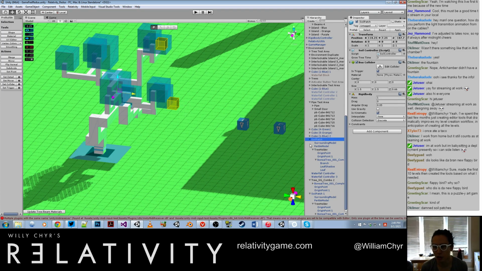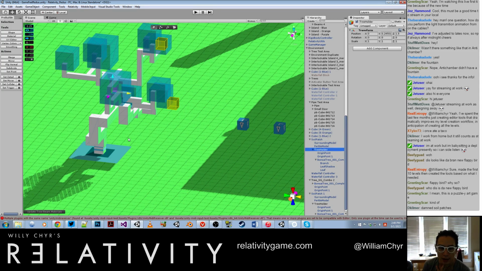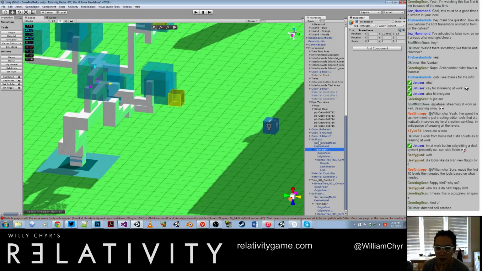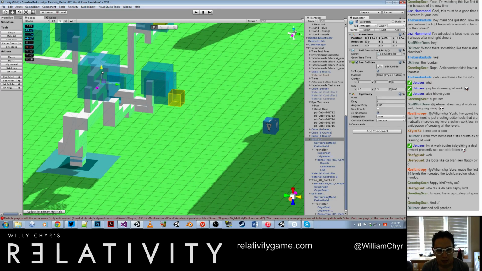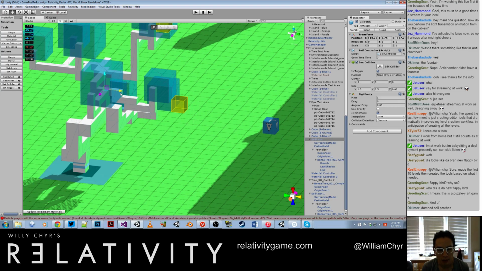So I think this should not be, so this is another thing I'm concerned about. Right now you can see this soil patch is a prefab, and it has the tree holder. This is the tree that's going to grow in there, and that's a child of this prefab, but it's not,